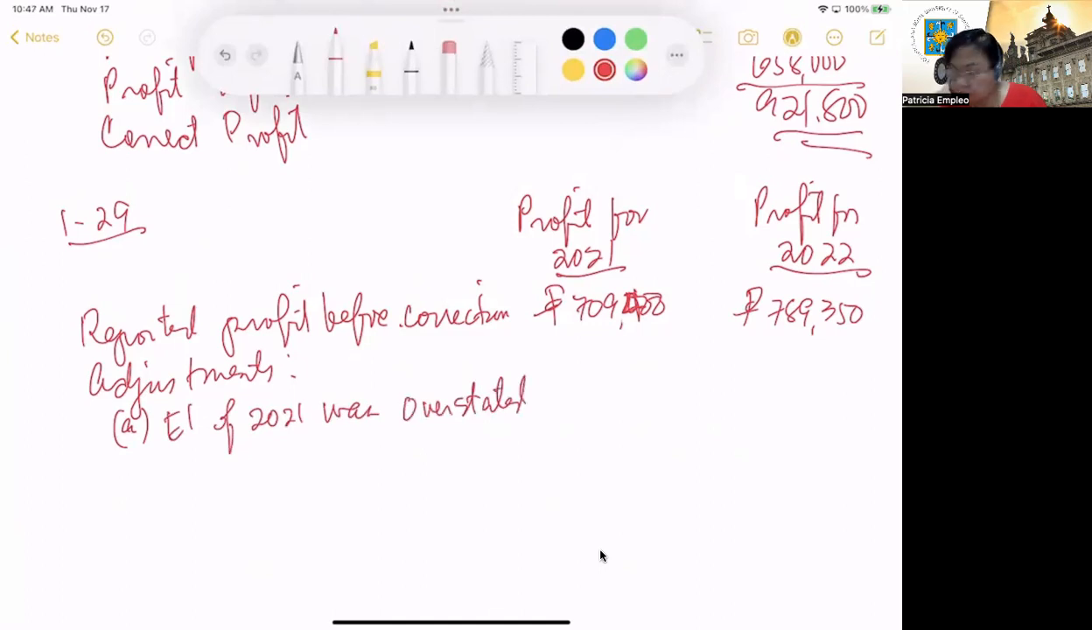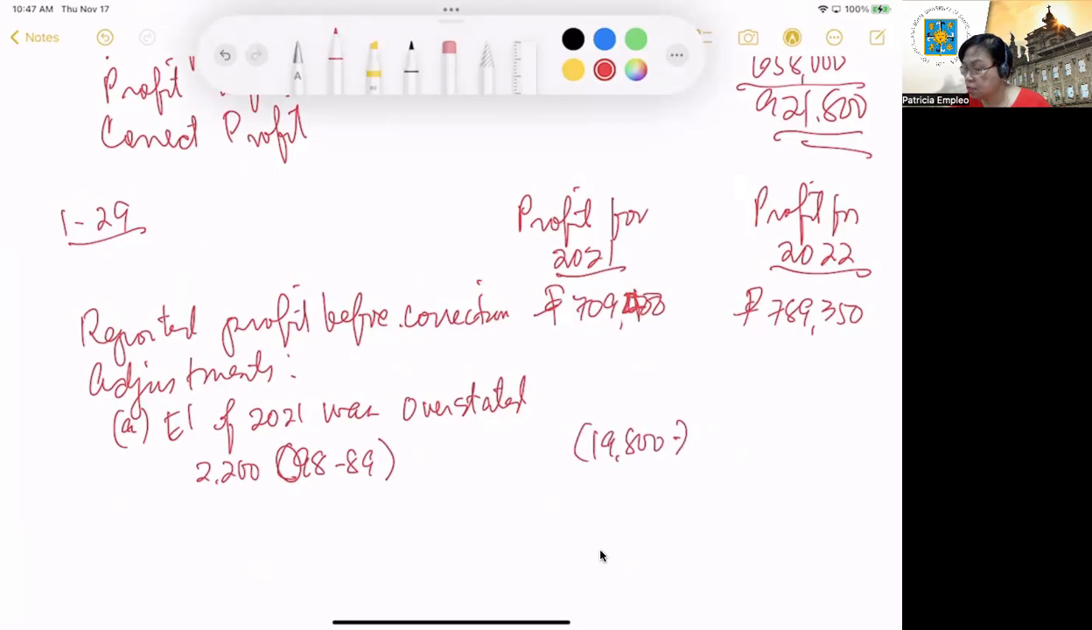Okay, so the overstatement again is on 2,200 units multiplied by the difference between 98 and 89. So we have 9. So therefore, 2,200 times 9, that's 19,800. Okay, so if ending inventory was overstated, that means profit was likewise overstated for the year 2021, but ending